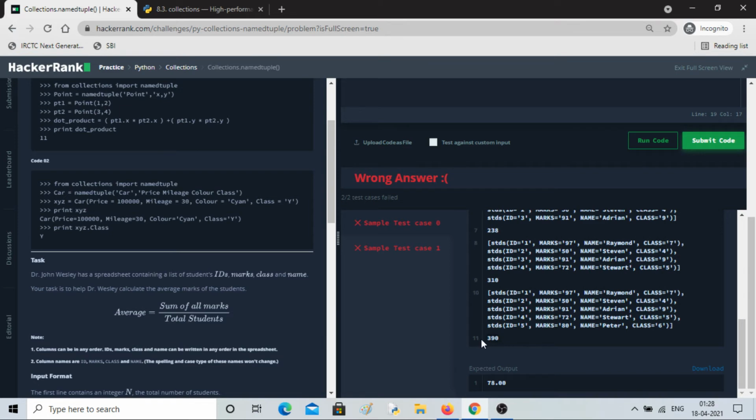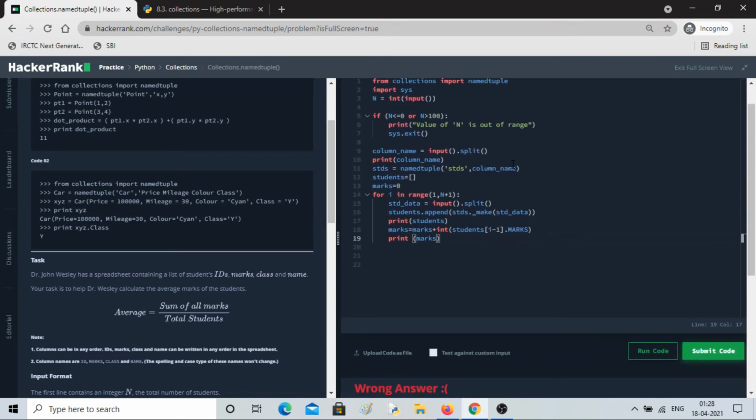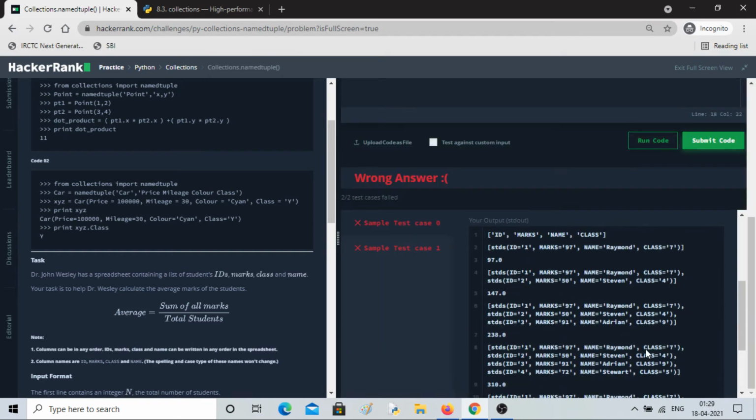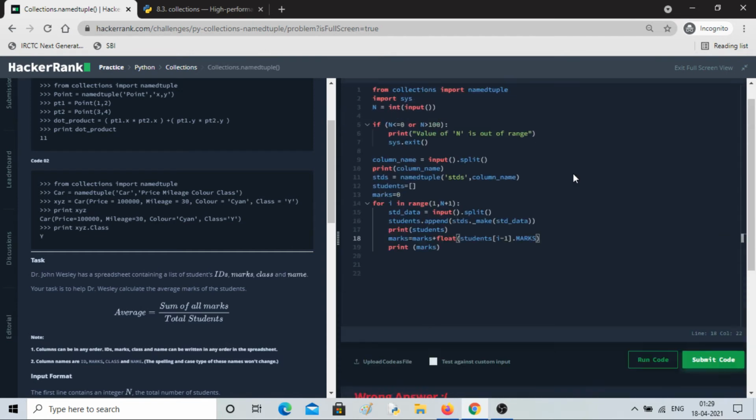Likewise, finally you are getting 390. I think it should be in float, right? So let me change it to float because we want data in float. So here now we are having it in float.